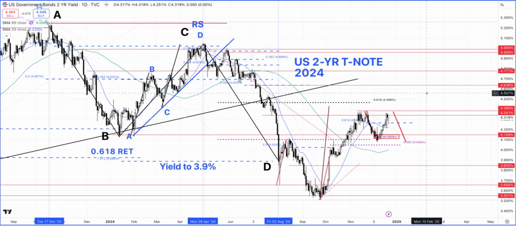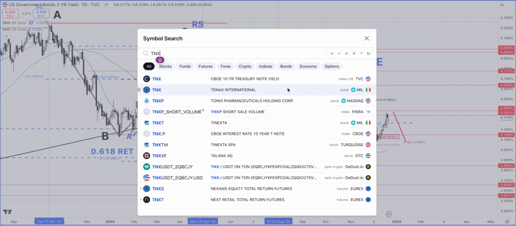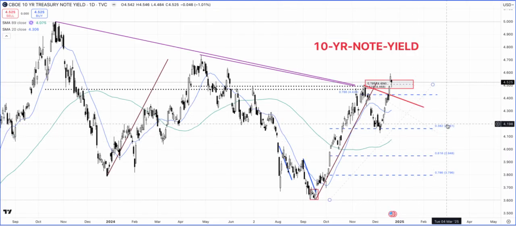That possibility exists. Now, if we take a look at TNX, which is the 10-year treasury, here we had a really strong resistance, and the market actually went right to the 38.2% retracement. But look at this now, it has actually moved higher, but it could also be a move like this. So it could be like a head fake, and then there is just no follow through. So we should give it more time